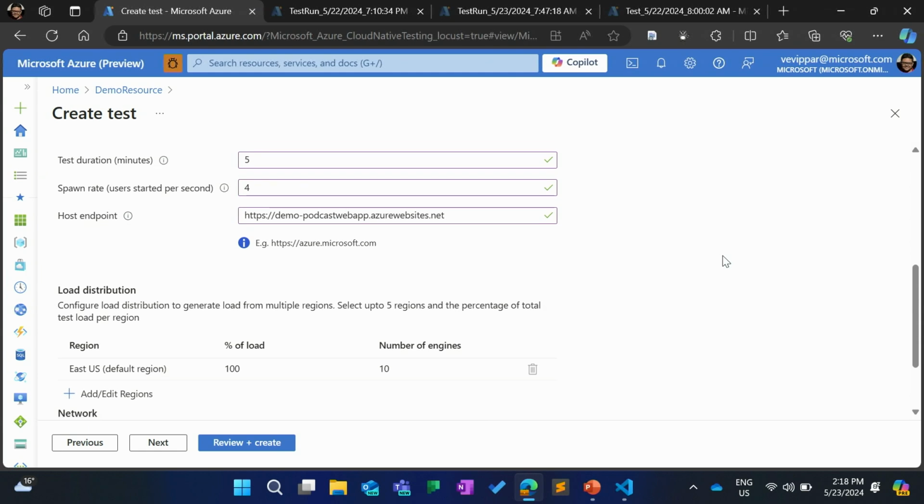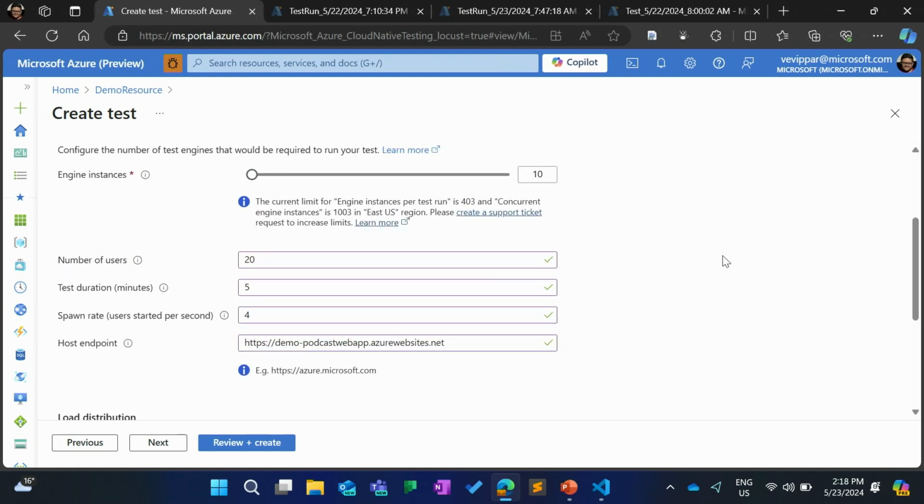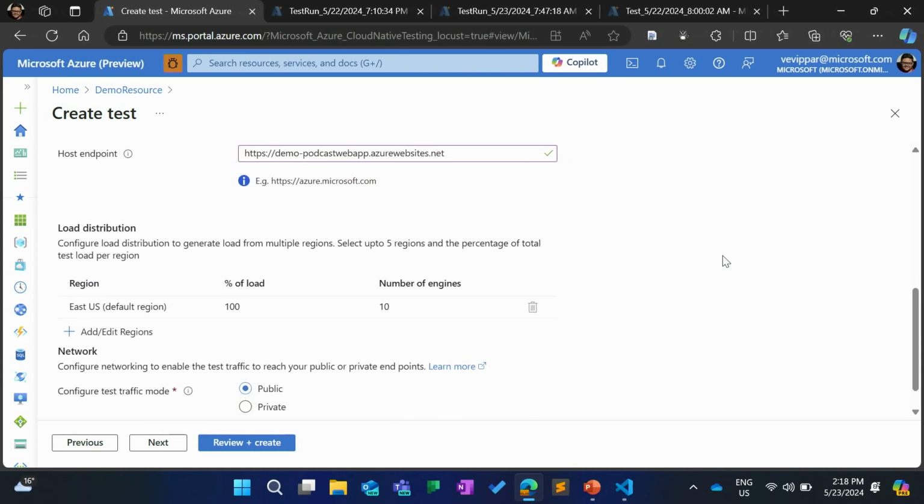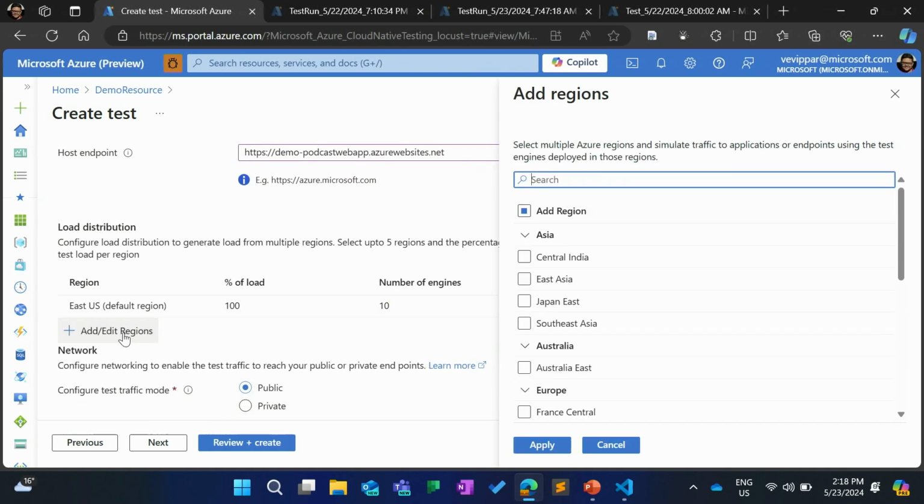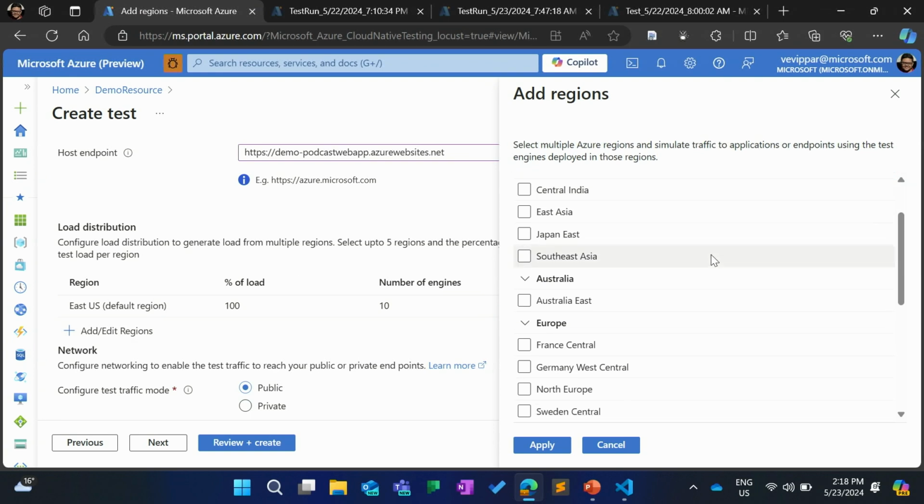Now let's see the other announcement that we made today, multi-region load test. Now all this load that I configured here from the 10 engines is coming from only the region of the resource, East US, I guess. But now I want to simulate a global load. So I just go about adding the regions that I'm interested in.